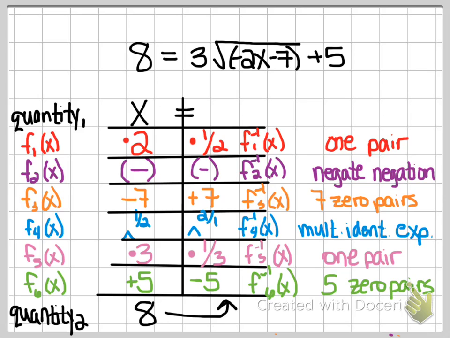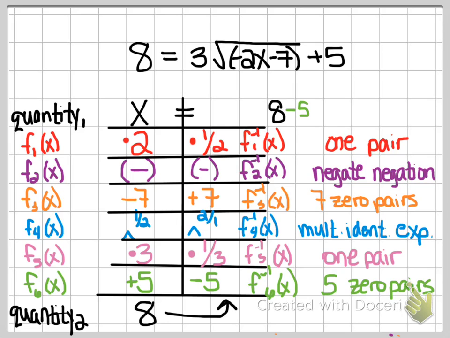There was so much going on. By breaking it down into the little operations, and then again, building it back up using the inverse operations, we're able to identify the solution with relative ease. So we first start with our quantity 8. Our second quantity 8, excuse me, and we're going to apply our inverse operations, and we're going to take away